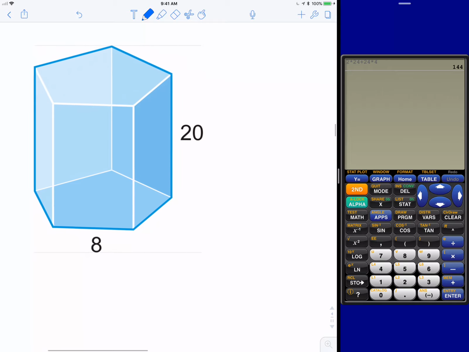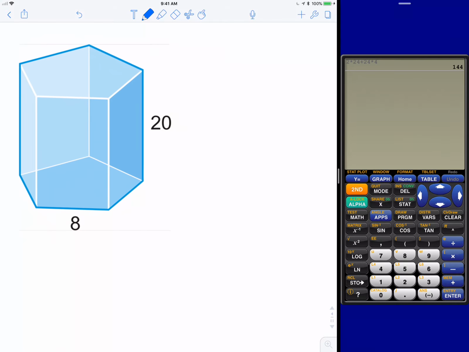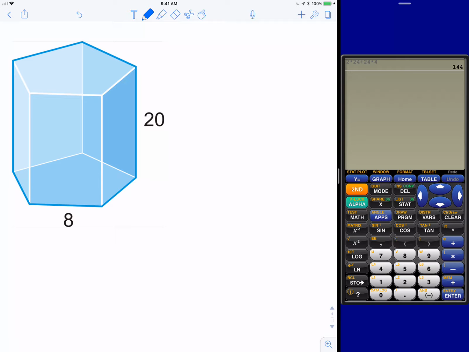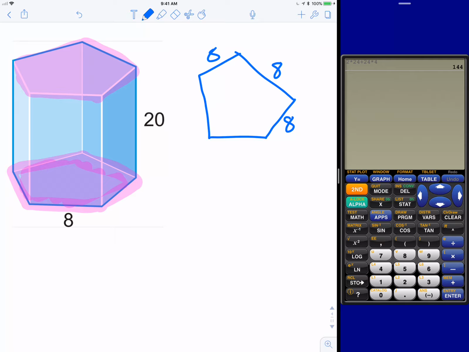So the last prism problem is a pentagonal prism. We're going to have to do a little bit of work to get the area of the base face this time. So here's your base face. I think on the practice problems, most of the apothems are actually given to you. Yes, they are. So we're going to have to do a little bit more work here than we would normally have to do, but that's okay. So here's your pentagon,